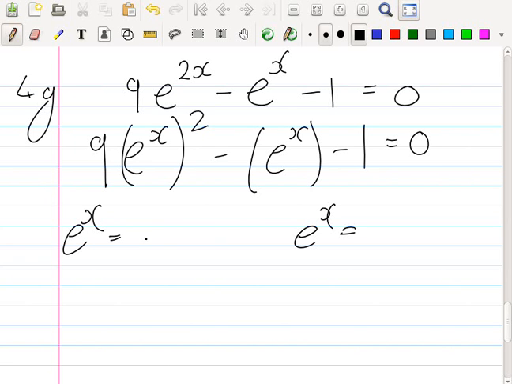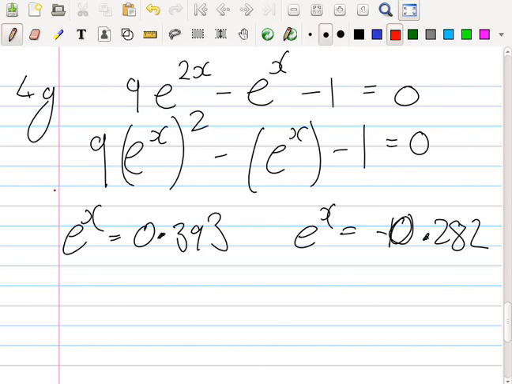0.393. The first one? 0.393. And the second one? Minus 0.282. Now, how do you cancel exponential? Natural log is great because it cancels e. Exactly. They cancel. So what you're left with is x equals log